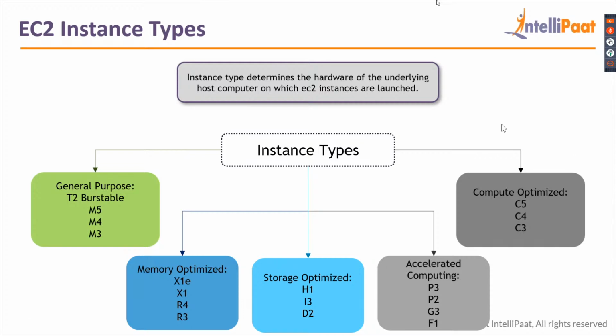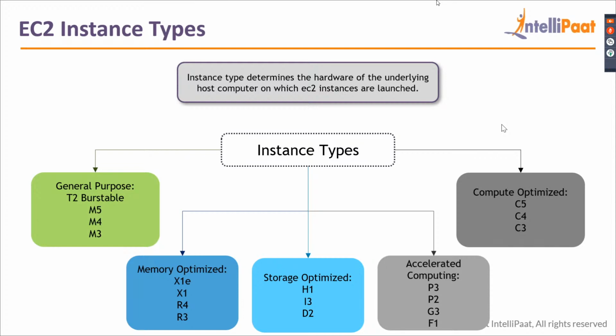So there is one more question. How is EC2 different from a virtual machine? It's not at all different. EC2 is a virtual machine hosted in an AWS data center. So EC2 itself is a virtual machine hosted in an AWS data center, which you will be given access to. That's it. It is nothing more than that.